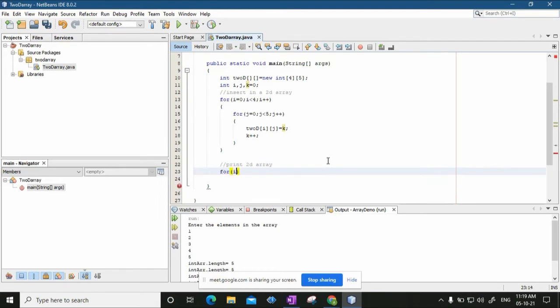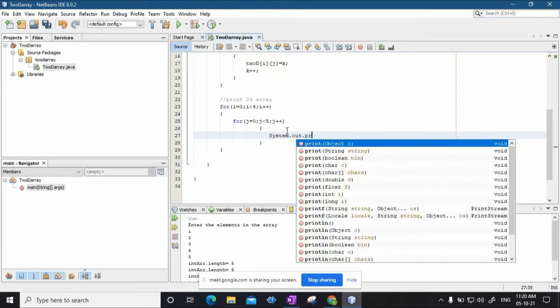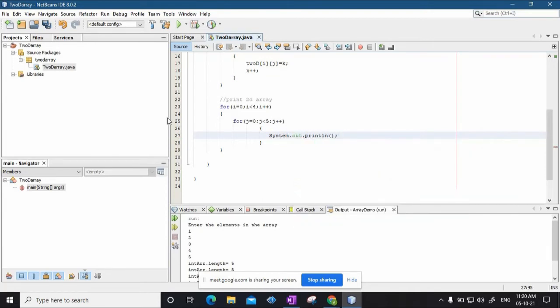Same way, for i equal to 0, i less than 4, i plus plus, then for j equal to 0, j less than 5, j plus plus, and I'll simply print, system dot out dot println, the value of the 2d array, 2d of i comma j, plus I'll put a space here so that elements can be separated with a space.